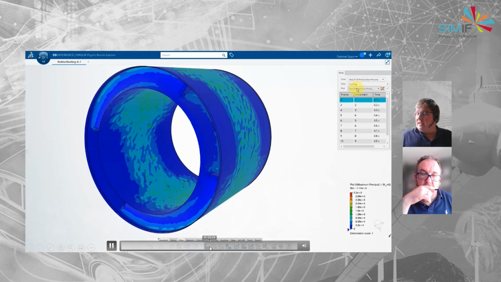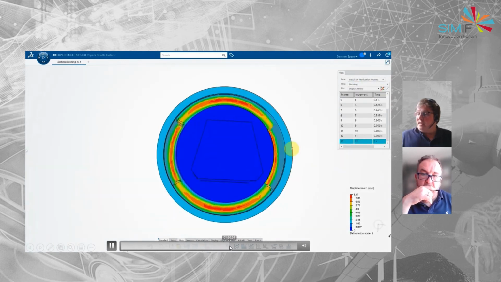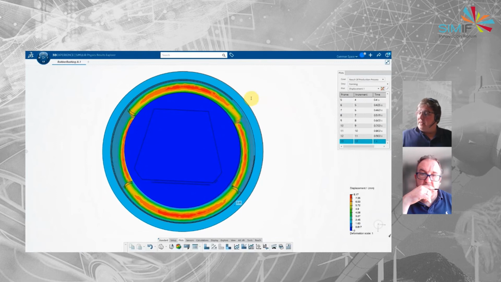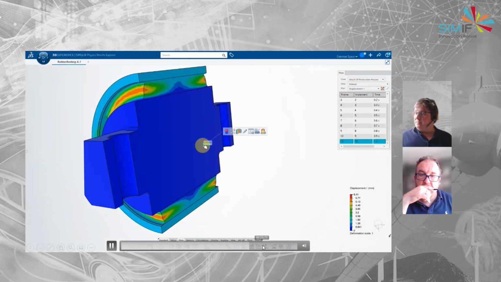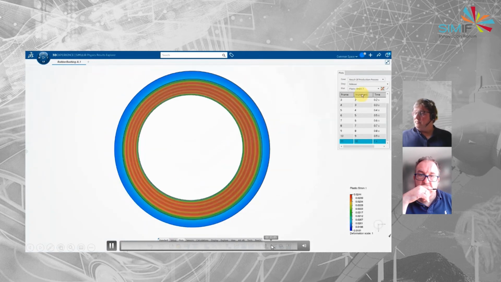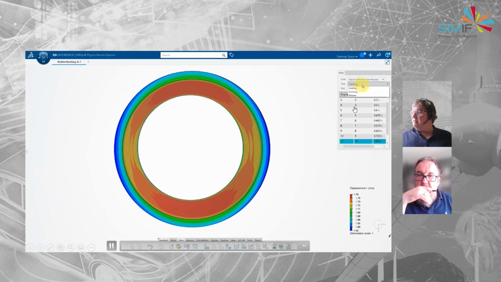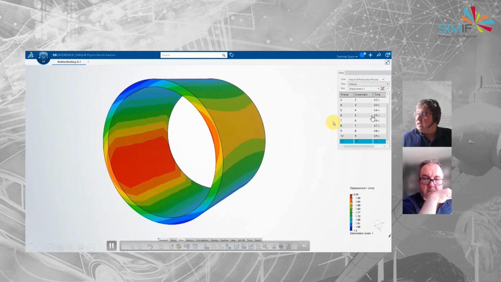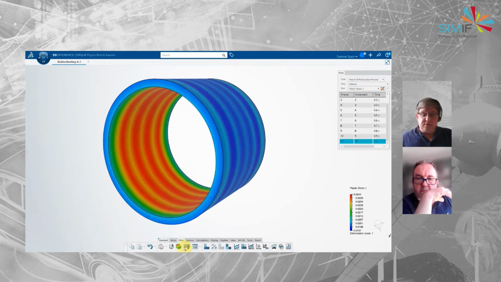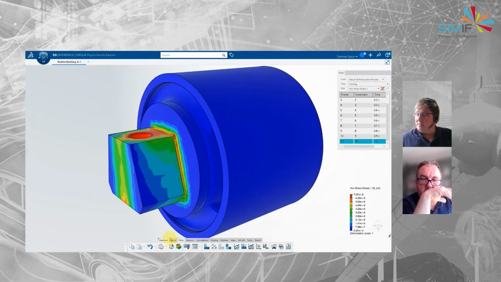And we can interrogate this in a whole host of different ways. Looking at where those forces are. Again, section it through as and when we want to. And we can see this is all broken down into the steps. And we've broken it down pretty much into 0.1 of a second within that, and we can look at how things change transiently over time. So lots of different ways of looking at it there.